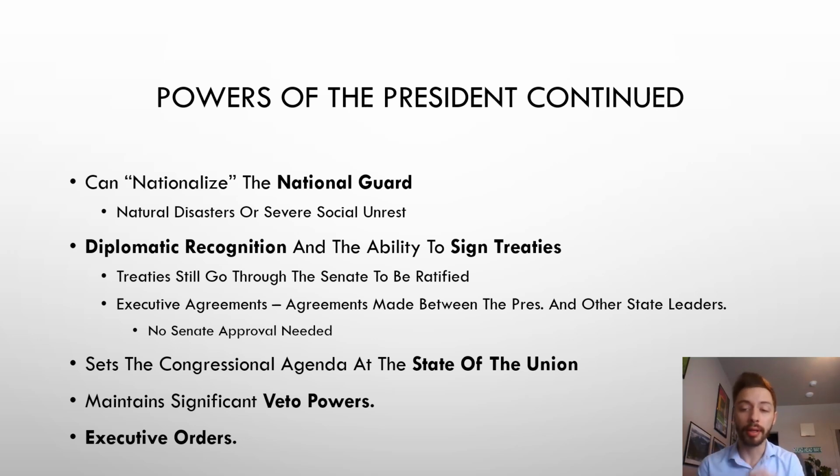If you do not have the president's approval, even if you have had a bill make it through the Senate and the House, you will not have the bill go into law. And one thing we have seen in recent years, in recent weeks, at high use are executive orders. Executive orders are, in a way, pieces of legislation signed and drafted by the president and the executive branch themselves,